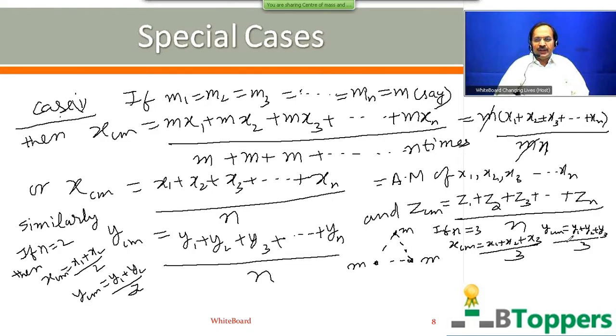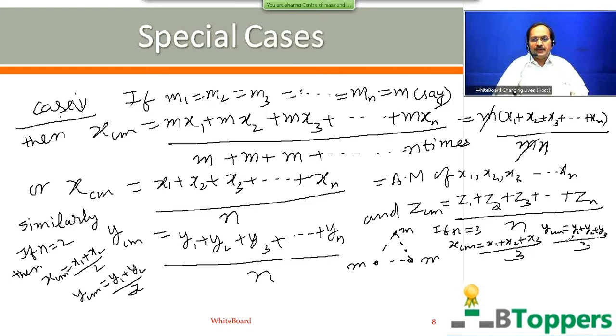Suppose the three particles lie at three non-collinear points, then the plane containing the three particles, you can choose it as the xy plane for convenience. The plane containing the 3 point masses can be considered as the xy plane, that is the plane formed by the three particles. In that case, the z coordinate for each particle is 0 and the z coordinate of center of mass will be 0. That means if the 3 point masses lie in the xy plane, the center of mass also lies in the xy plane.